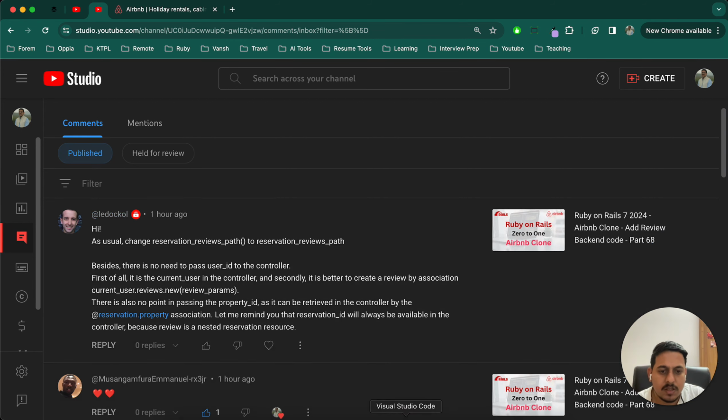The second change that they have suggested is that we should not use these values directly, and they have mentioned it here. First of all, it is the current user in the controller, and secondly, it is better to create a review by association. Okay, so we can use current user and property ID directly in the controller. But why should we do this? There is one reason for that, and the reason is really big, which is,